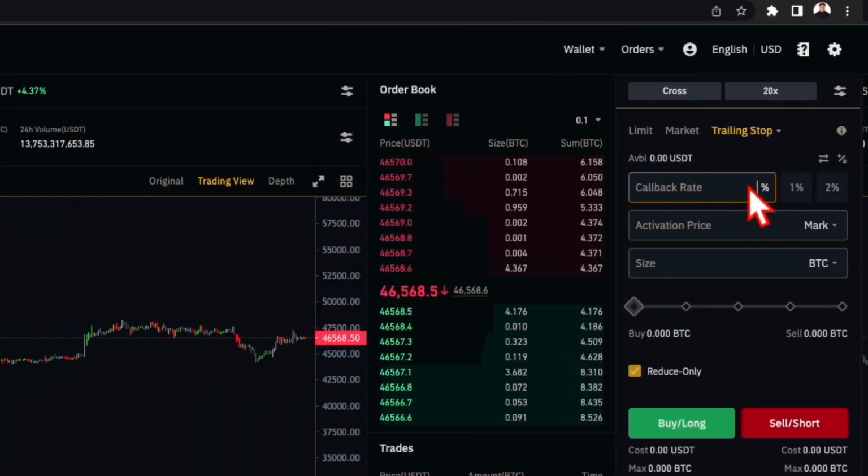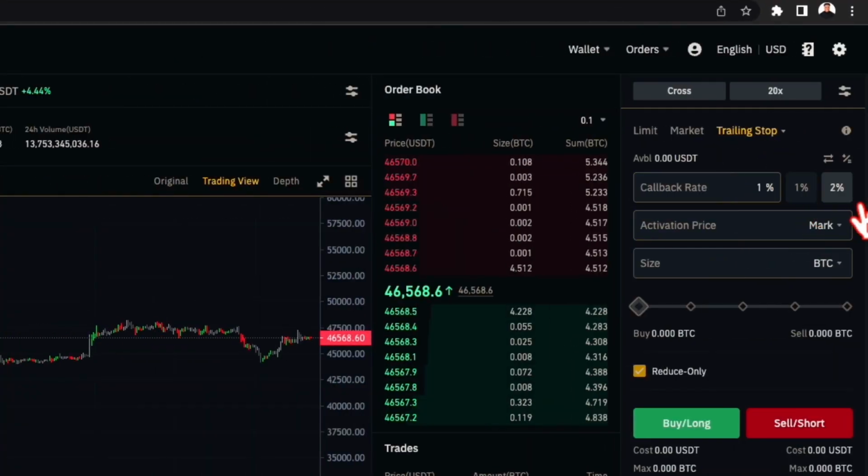That if the market is going up and it pulls below, Bitcoin is very volatile. You want to be getting profit, but if the profit goes below a certain percentage, you want to take the profit that you've already made so that you won't lose all your profit. So that's why people use this trailing stop, 1% or 2%. You can even put any amount that you want, so that Bitcoin keeps moving this way. But if it reverses, don't take all the profit I've made. Just stop at 1% or 2%.